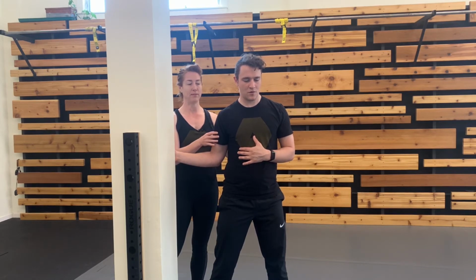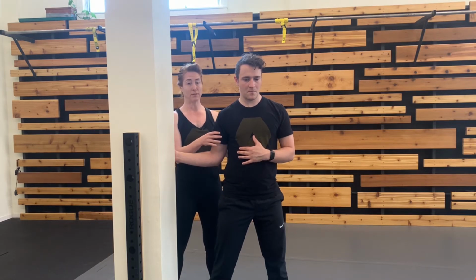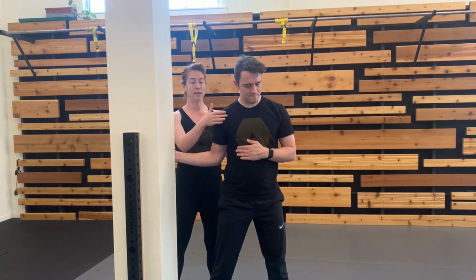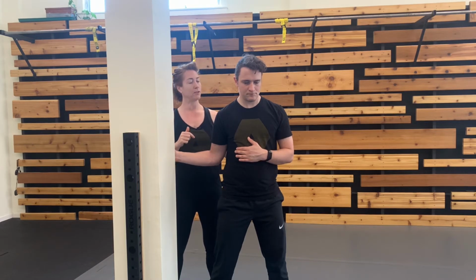Beautiful. Very, very nice. Okay, last thing before we move on to the other side for this circuit, we're going to find a gentle PAILs effort. So you're going to find that first, trying to rotate forward or through the pillar. Give me just a 20% effort there and maintain that as best you can. Then we're going to try to move the shoulder blade that's attached to that arm. So you're going to keep your PAILs effort, keep trying to rotate through the wall, feel your shoulder blade climb